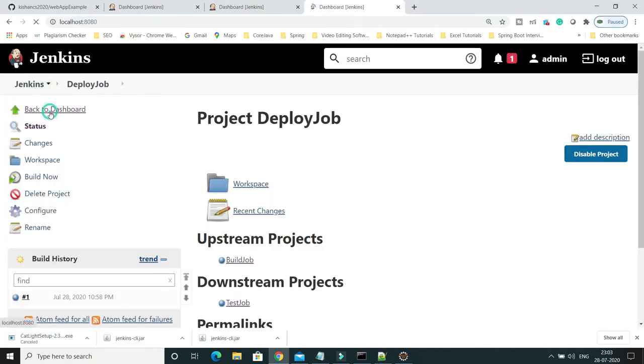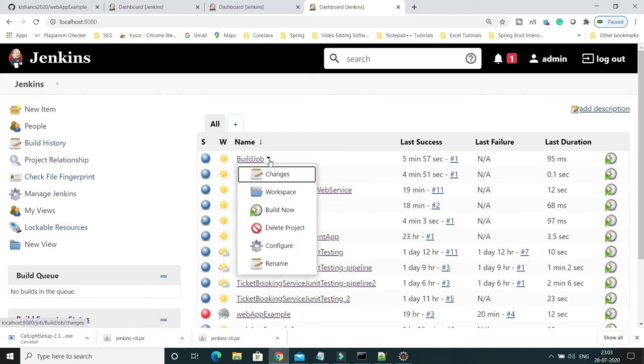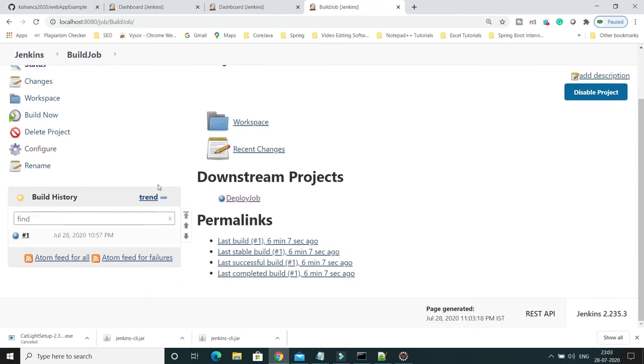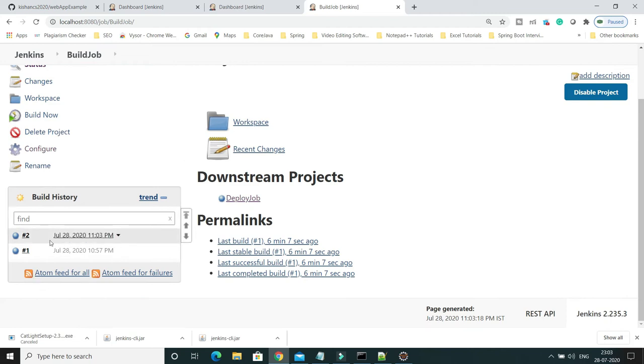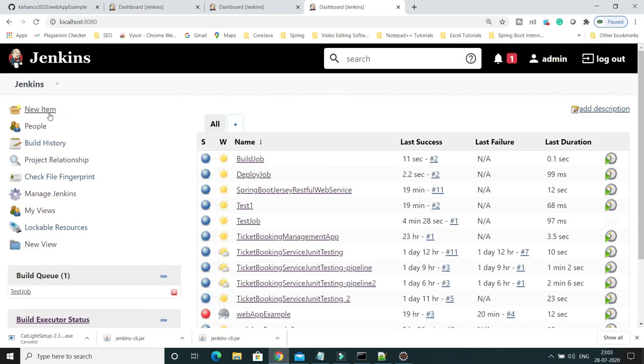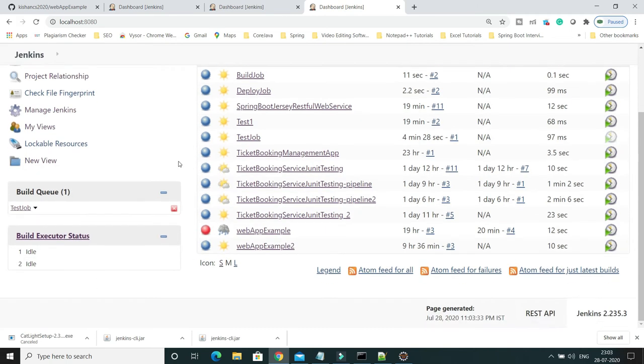Now I go to the dashboard, and if I run this job, then the other two jobs should trigger automatically, right? So I'll go to the build job and try to build. This job is getting built. The second build is completed. Now if I go to the dashboard, you can see in the queue that test got triggered.